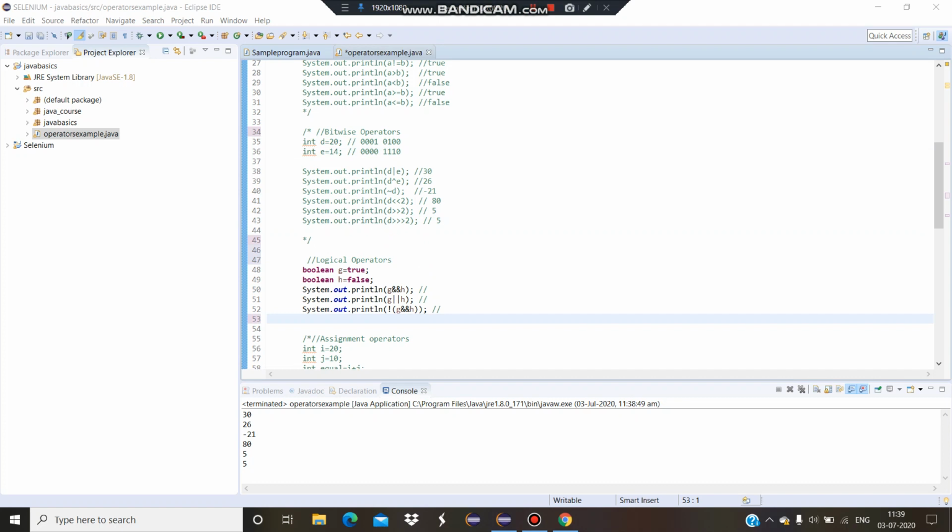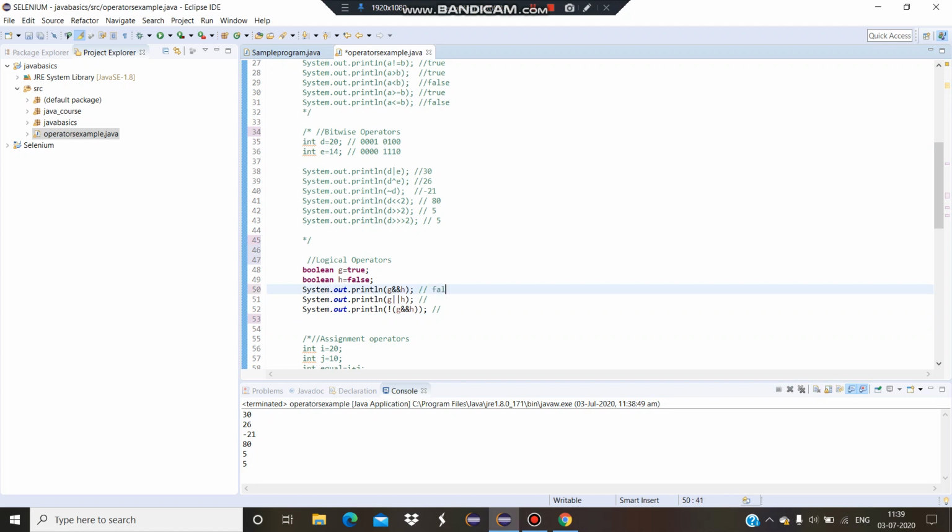Next we will move on to logical operators. For logical operators I am using the Boolean data type. So it is the AND operator. True and false will give me false, because both the variables should be true, then only it will give me true, otherwise it will give me false. Whereas in the OR operation, if one of the values is true, I will get true.